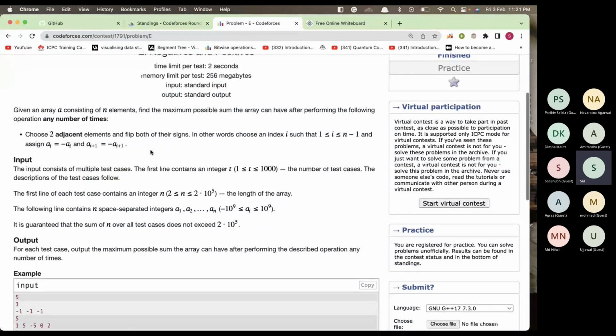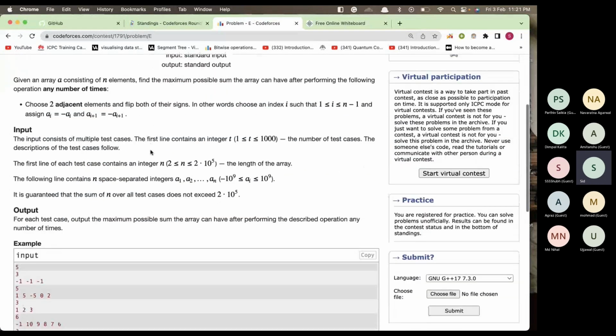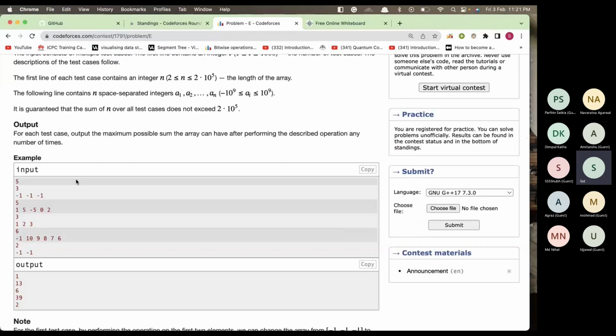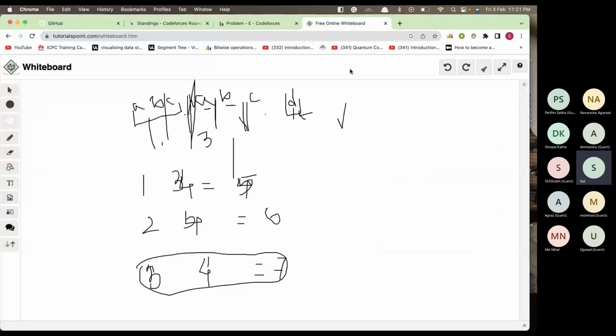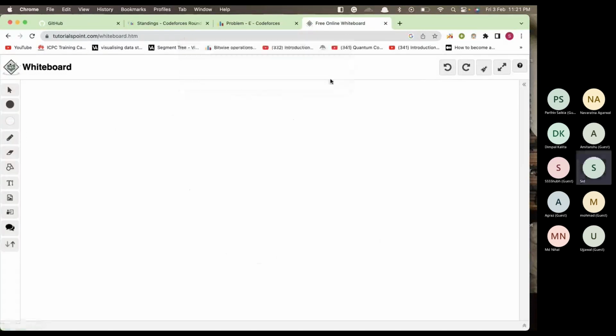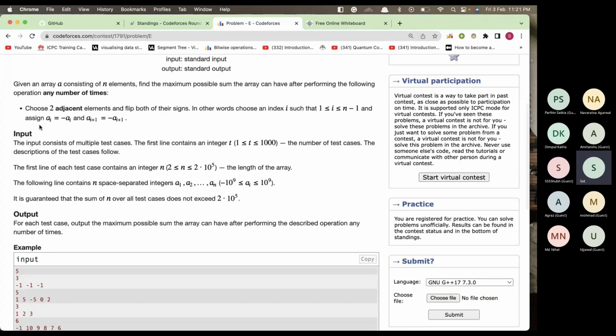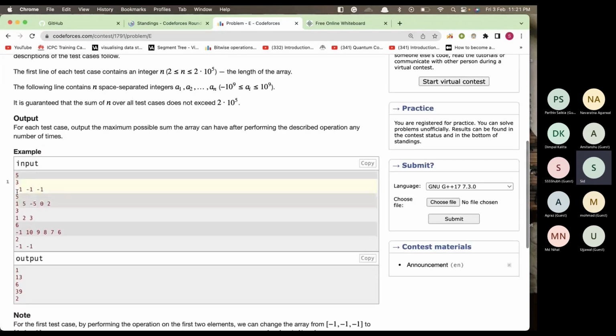अच्छा, ई में क्या था कि हमें एक एरे दिया हुआ था पॉजिटिव एंड नेगेटिव नंबर्स का, तो उसमें -10^9 से 10^9 तक कुछ भी नंबर हो सकता है। तो हम उसमें क्या कर सकते थे कि दो कॉन्सिक्यूटिव इंडेक्स को -1 से मल्टीप्लाई कर सकते थे। जैसे कि यहाँ पे दिया हुआ है AI एंड AI+1 को दोनों को माइनस से मल्टीप्लाई कर दिया।